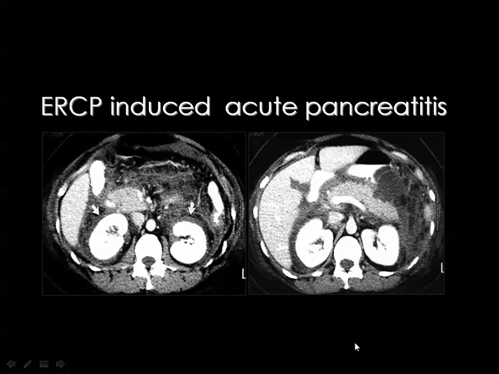Then a well-known cause of acute pancreatitis is the ERCP, and sometimes whenever the patient is examined by ERCP for any reason, this examination may result in the development of acute pancreatitis, which is not different from the acute pancreatitis for whatever etiology. And here you can see that the pancreas is swollen, and